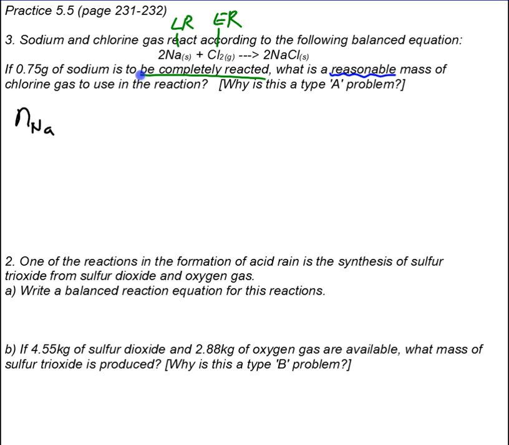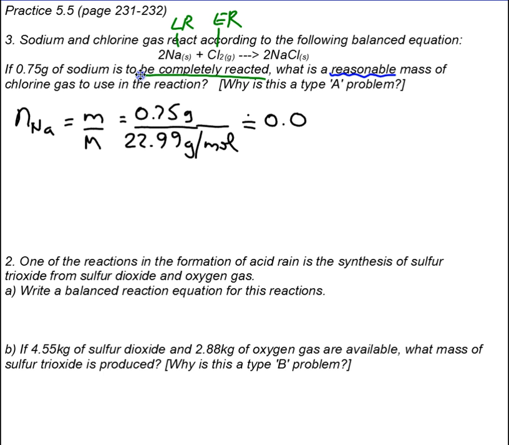sodium. So we can take moles of sodium equals mass divided by molar mass, which is 0.75 grams. Molar mass of sodium is 22.99 grams per mole. So we can divide by 22.99 grams per mole. Okay, that will tell us how many molar units of the limiting reagent we have. That gives us 0.0326. I'm going to underline the second significant figure because that's as far as I can go with my significant